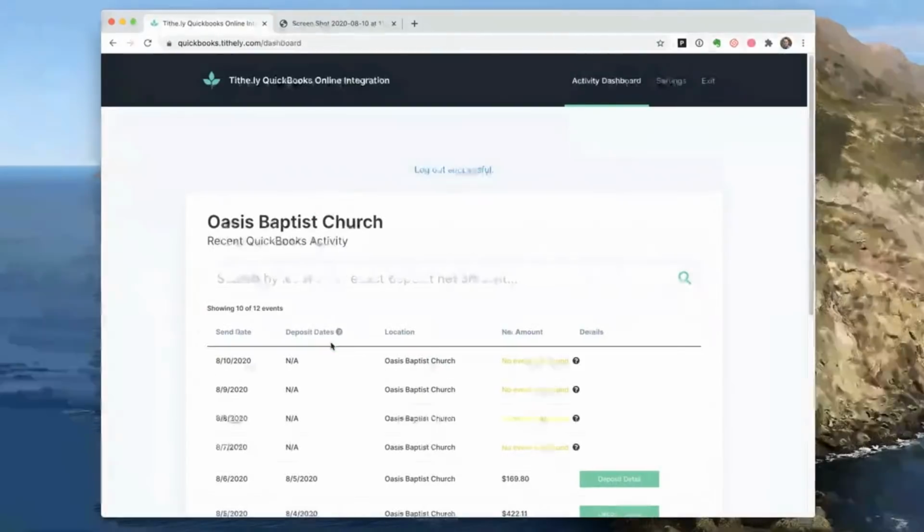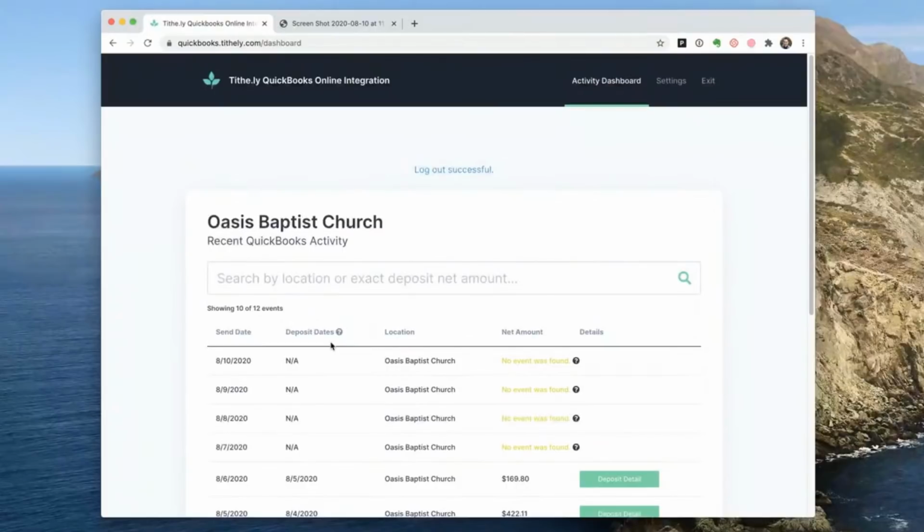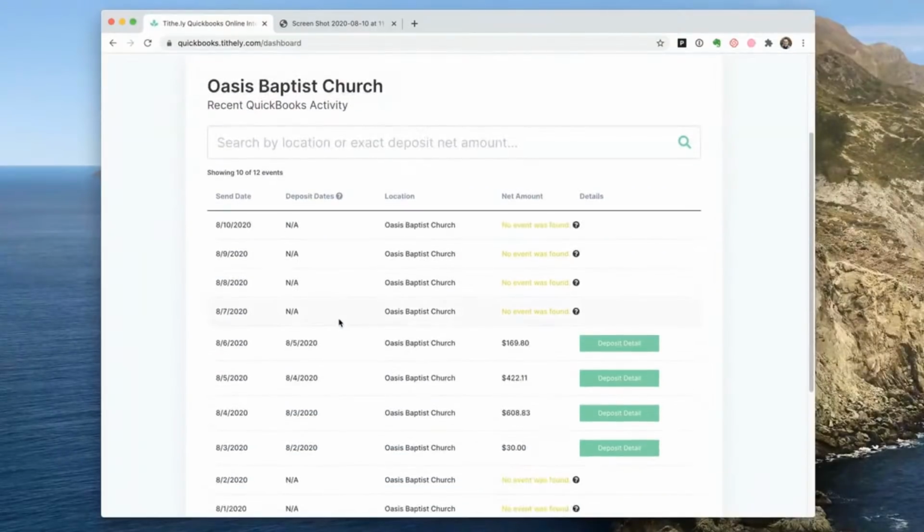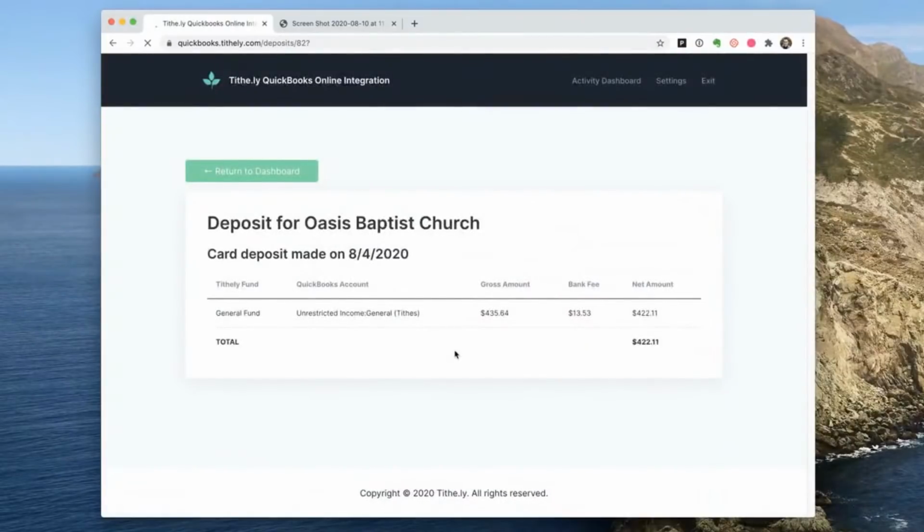Here, you'll be brought into our QuickBooks Online integration space. You can see different deposits here, and you can actually track what's been happening. So if there's ever a discrepancy or you want to know what happened, you can always jump in here and search through different deposits. We're going to go ahead and click on one of these deposit reports, and it's actually going to walk us